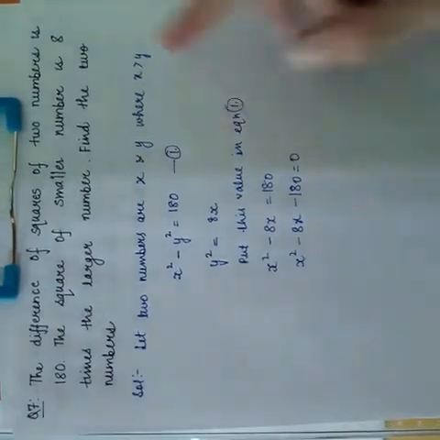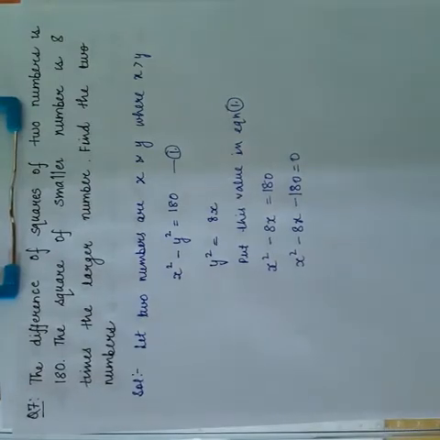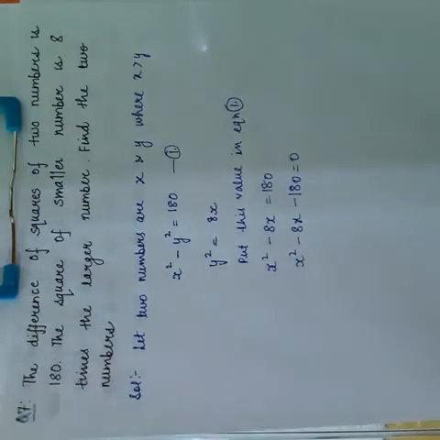You will solve it to find the two numbers, that is x and y. Now students, be very careful when you solve the quadratic equation, and in case you are getting negative answers in some of the questions, they need to be rejected. Like in the previous question, if the side of the rectangle comes out to be negative, you very well know that the side cannot be negative, so you are going to reject that answer. Out of the two answers of the quadratic equation, one can be rejected if it is not satisfying the conditions given in the question.